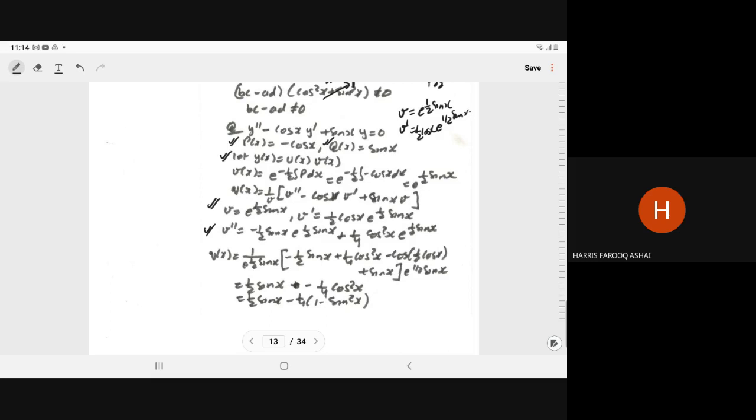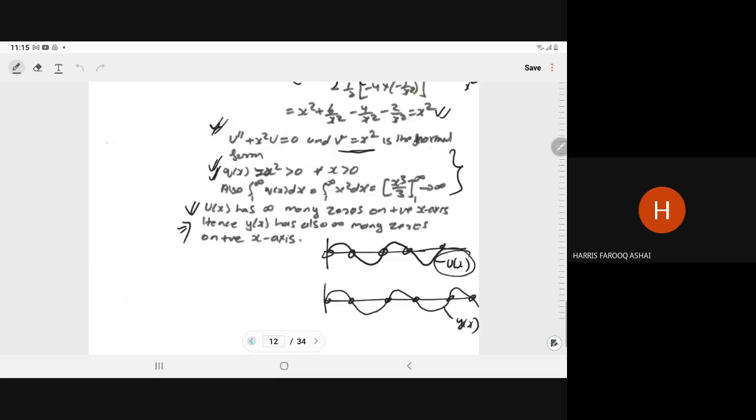So on substituting the values of v dash and v double dash in the formula of q(x). Sir, here in q(x) we don't have any term of v, right? No, there is no v. Sir, wasn't q(x) like capital Q minus 1 by 4 P square? That is not it. Both are formulas, no?